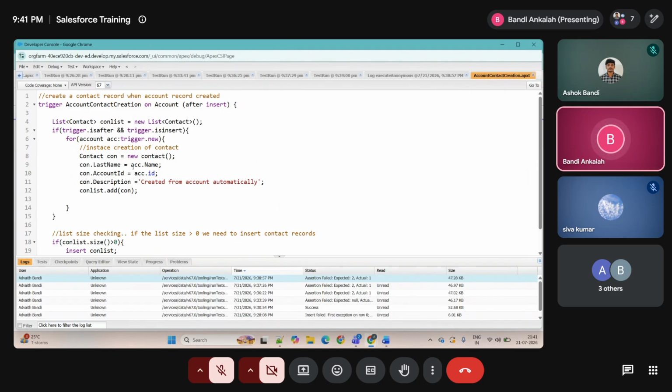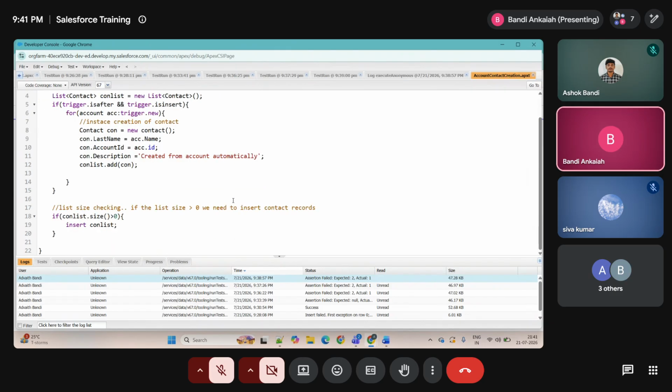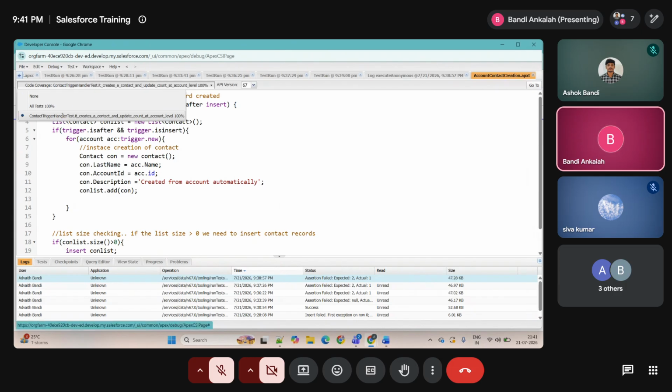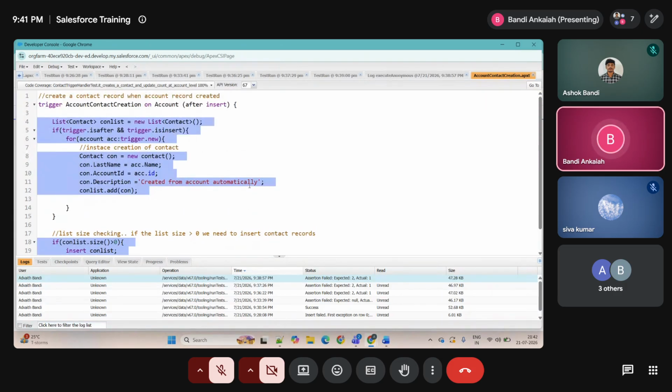For example, suppose, let me check this code coverage. So this was covered fully. Okay,